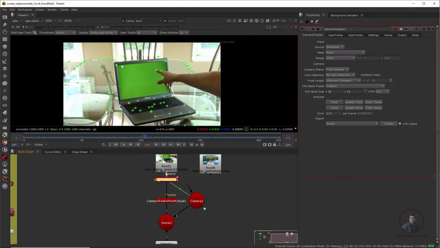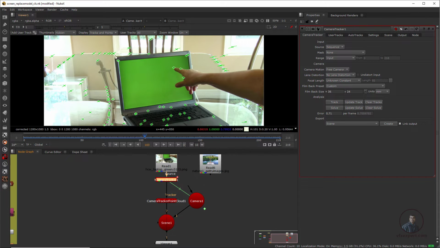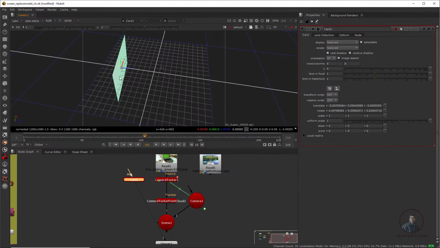So guys, because we have to replace these screens with projection, first we have to create a card according to this monitor perspective. If you want, you can simply right click on this point, because this point is on the screen here. Right click on this point, click on create and create a card here. This will automatically create a card at this point location. Now you can see this is our card here.